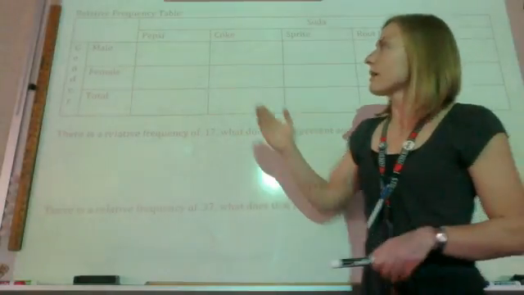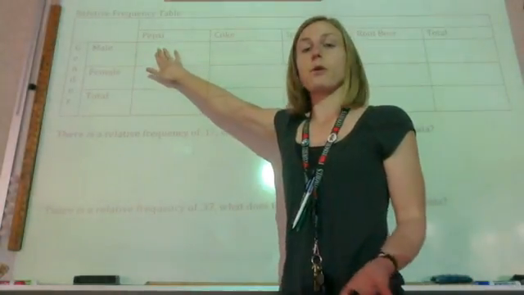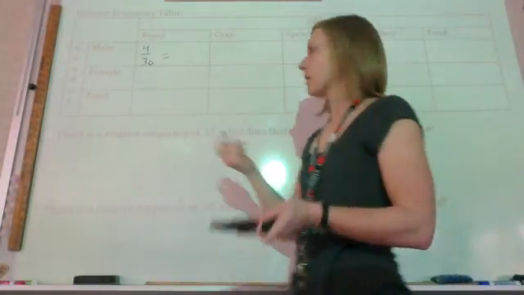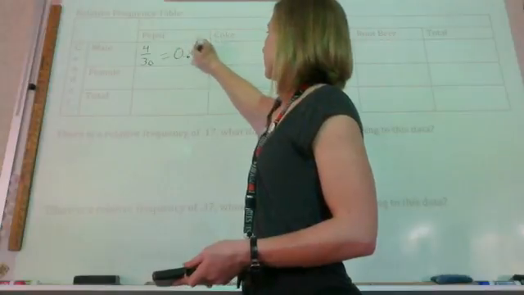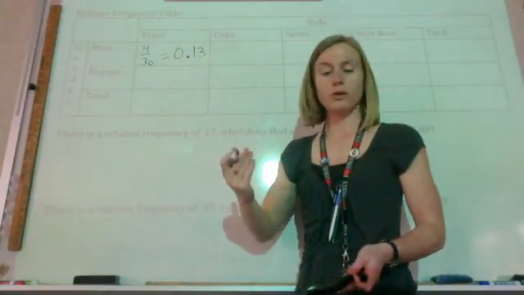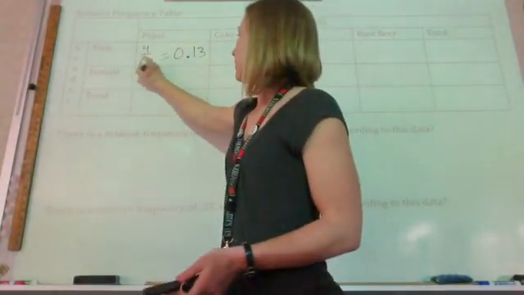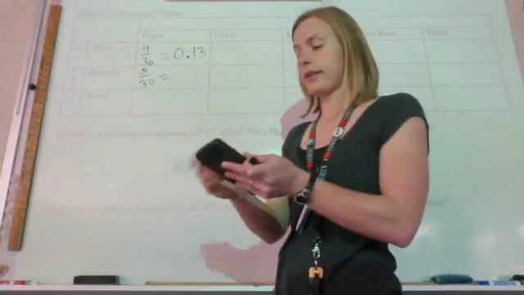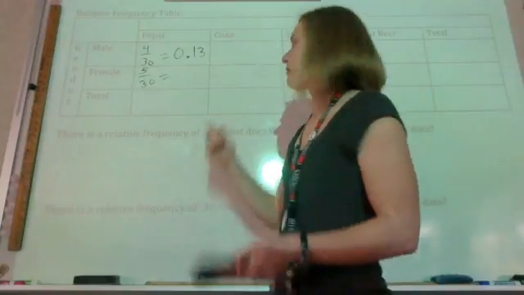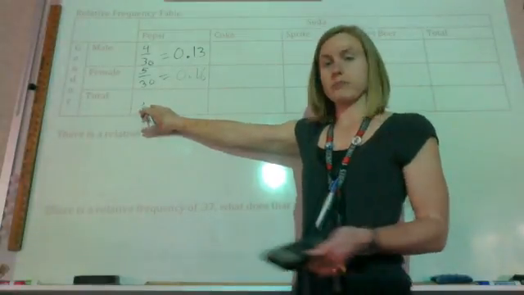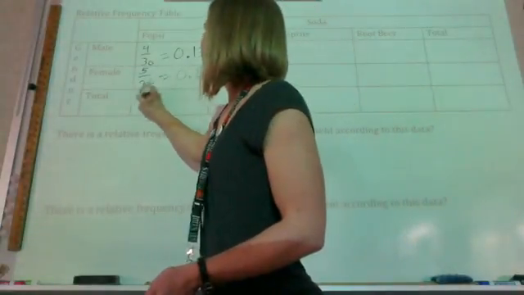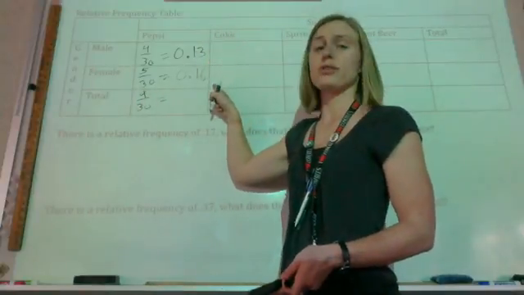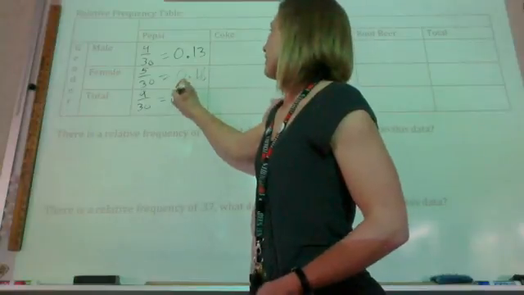So the amount of males who liked Pepsi, there was only 4 of them, so we're going to do 4 divided by 30, which is 0.13. Okay, so it's that simple. There were 5 females who liked Pepsi, so that's 5 of 30, so we do 5 divided by 30, and we get 0.16. For the total, we could remember that it's 9 over 30, and so we could find that out, or since it should be the total, you can just add these up. So that's going to be